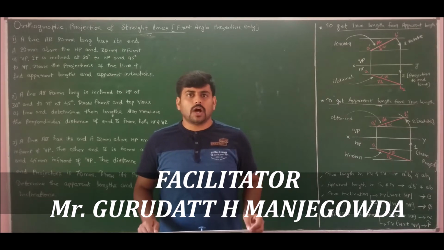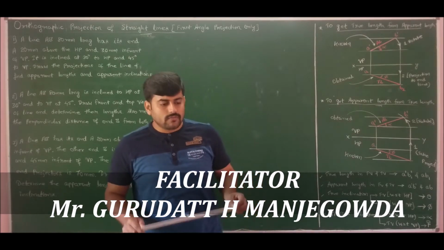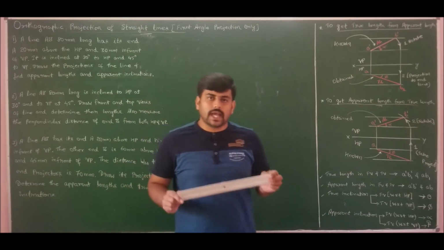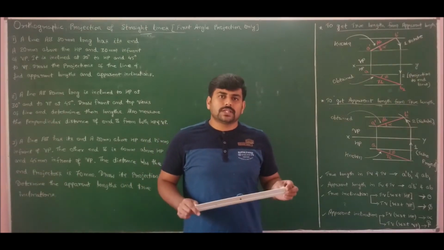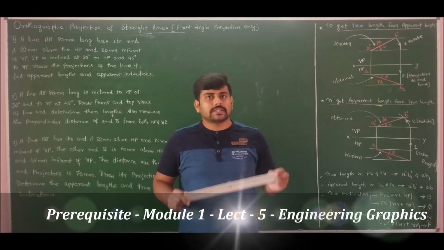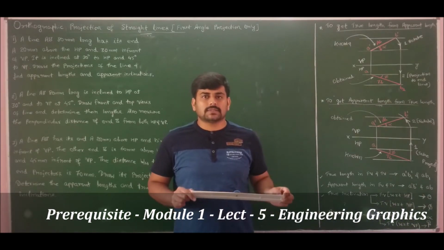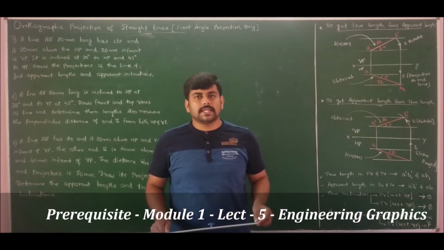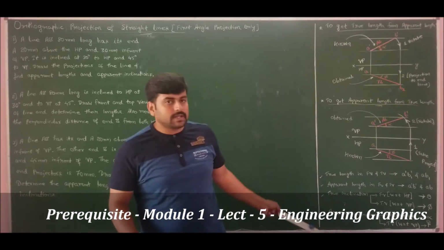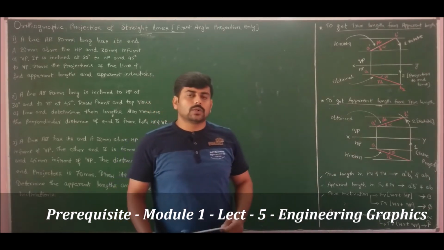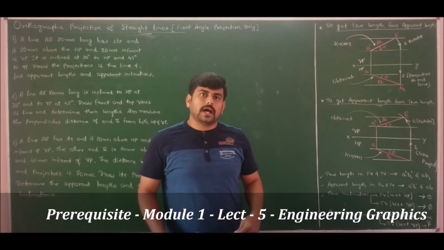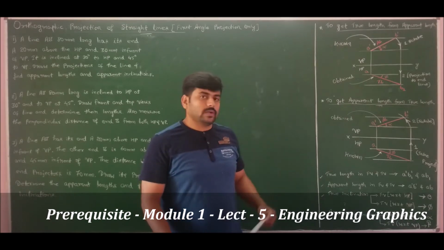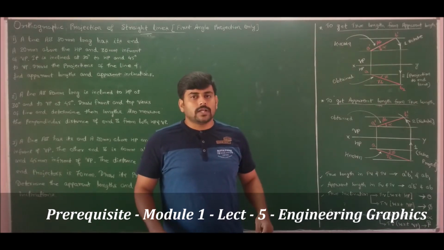Continuing our discussion on orthographic projection of straight lines, from today's lecture we are heading to solve the actual problems in which the line is inclined to both the reference planes, that is, the HP as well as the VP. In our previous lecture itself, I explained the nomenclatures and how to extract true length from apparent length, and apparent length when true length is known to us. Recalling those basics, I hope you have gone through that lecture.